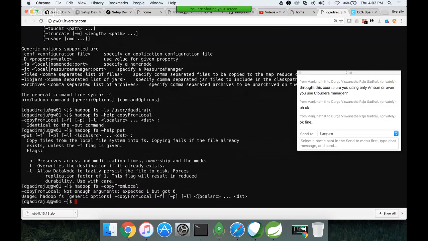These are all optional, and then you have to give the local path. So wherever our largedeck.txt is there in local path, we have to give that local path, and DST is for the target in HDFS. So the command will look like this: hadoop fs -copyFromLocal